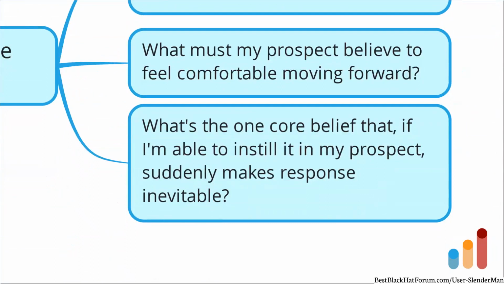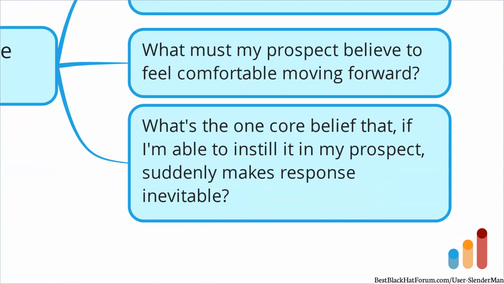And then you should be able to narrow that down, prioritize their limiting beliefs, their objections, and the beliefs that they have to feel comfortable moving forward. You should be able to prioritize until you get to that one core belief that, if you're able to instill it in your prospects, suddenly makes response inevitable. And so